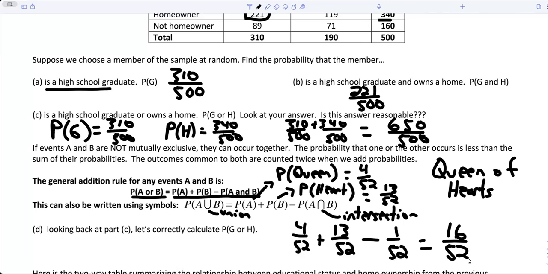Okay, so 2 different possibilities. If the events are mutually exclusive and it asks, what's the probability of this or that? You add. If they are not mutually exclusive, though, it's the Queen of Hearts rule. I'll take the probability of A plus the probability of B minus the intersection of A and B. Because